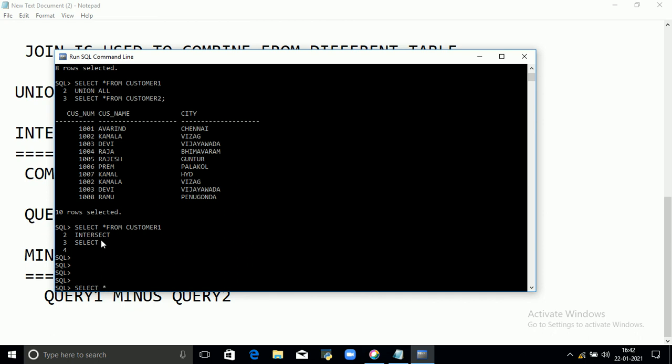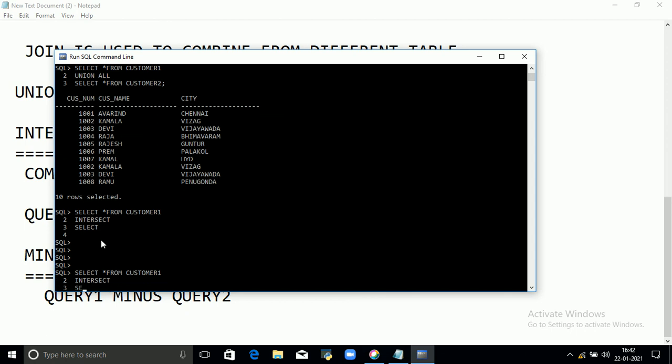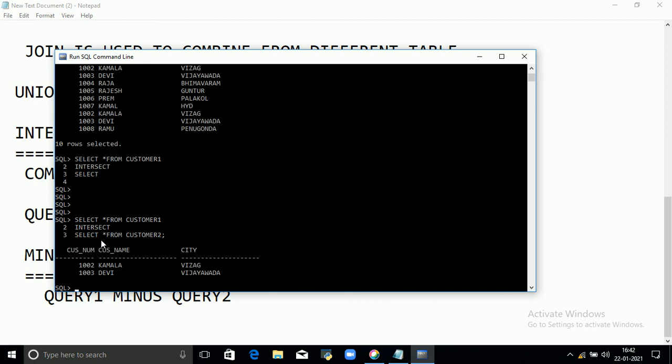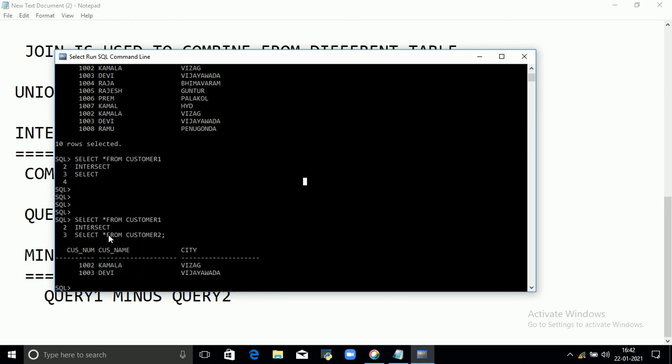Select star from customer 1 intersect select star from customer 2. The common rows will be displayed on your screen. Only the common rows are displayed with the help of intersect.